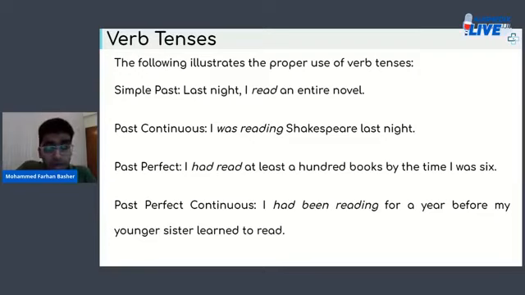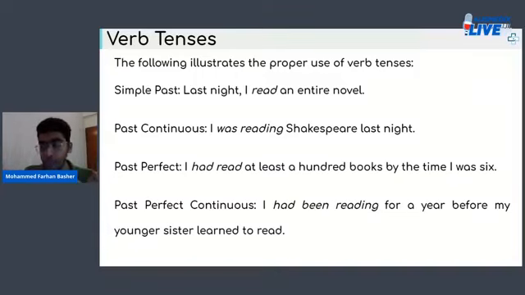Such as for such situations, for such instances, you could say that I was reading Shakespeare last night when someone called me. Follow this. If you only wanted to talk about reading Shakespeare, you could just say, I read Shakespeare last night. That would do. That would be fine. But not only were you reading Shakespeare last night, but something else happened when you were reading Shakespeare. So you switch to the past continuous tense and you say that I was reading Shakespeare last night